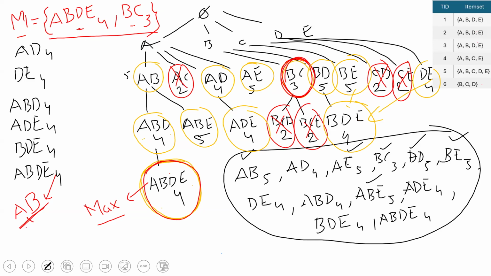Let's suppose you take AC. AC is not a subset of any of these sets, right? ABDE or BC. AC is not a subset of ABDE or BC. So AC is not a frequent item set. What about BC? BC is a subset of this. So you can say BC is a frequent item set. What about BCD? BCD is not a subset of any of these. So BCD is not frequent. What about ABD? ABD is a subset of this. So this is frequent, right? So now you are able to say whether